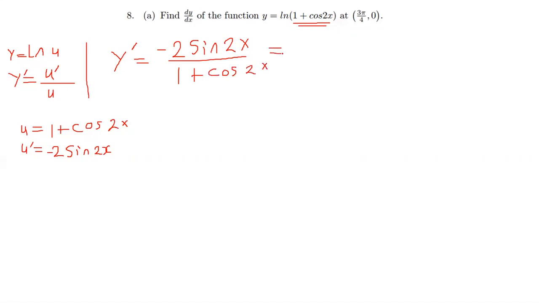So here now we can find our dy/dx at this given coordinate. What you do is you say y prime when x is equal to 3 pi over 4 is equal to